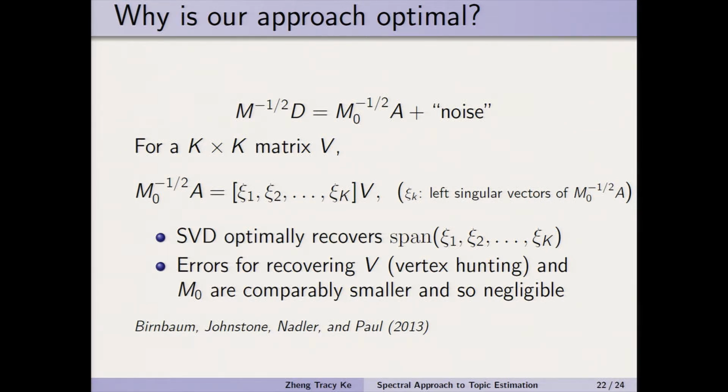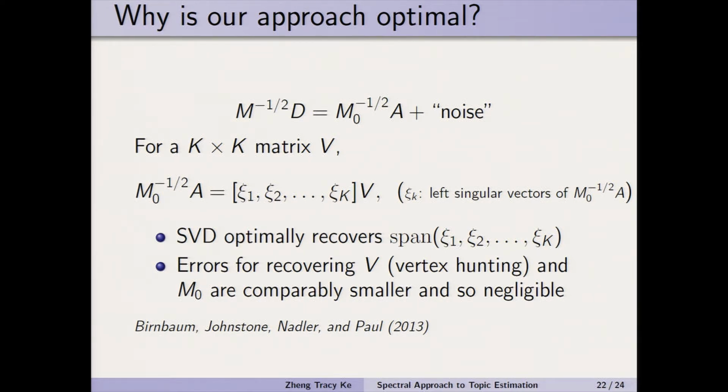Then we try to find a certain basis, a non-negative basis, in this column space. It turns out that the second part is relatively easy, and the rate is mainly driven by the first part. For the first task, we know that SVD is typically the optimal method for estimating the column space spanned by the leading singular vectors. This was validated in many other problems. So that partially explains the optimality of our method.